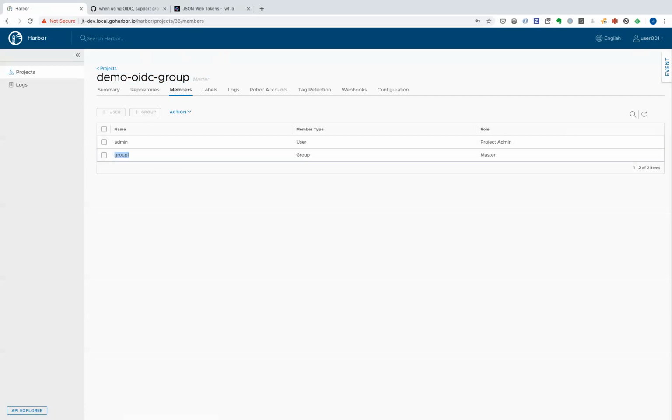The reason why the user 001 can see this project and has a master role is because the group he belongs to in this OIDC endpoint was added in this project as a member. Next, let me give you a little